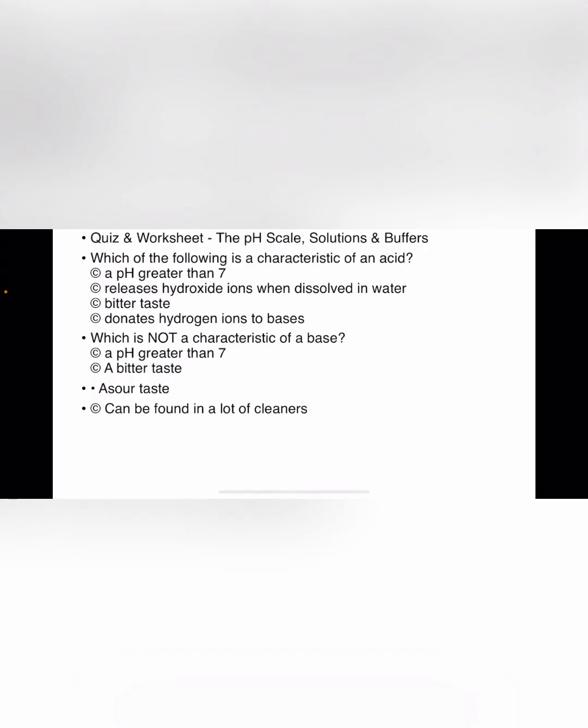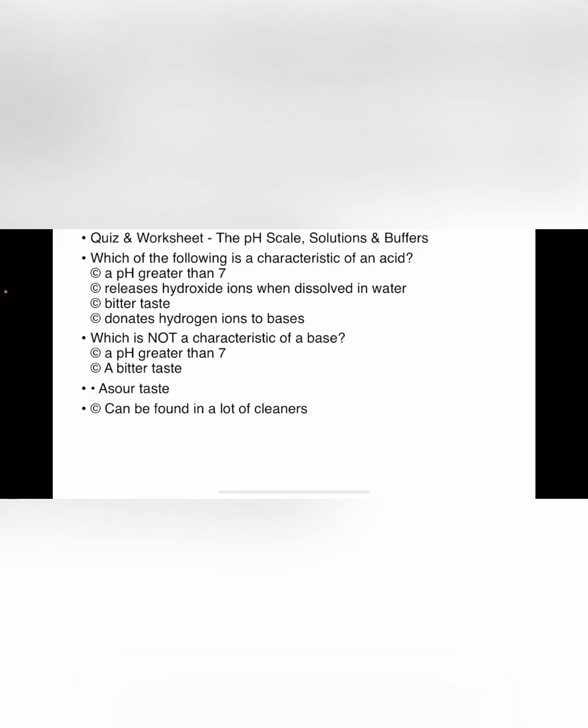It has a bitter taste. Donates hydrogen ions to a base, which is true. But do you remember the characteristics of an acid: it releases hydrogen ions when dissolved in water, and it donates hydrogen ions to bases. Okay,